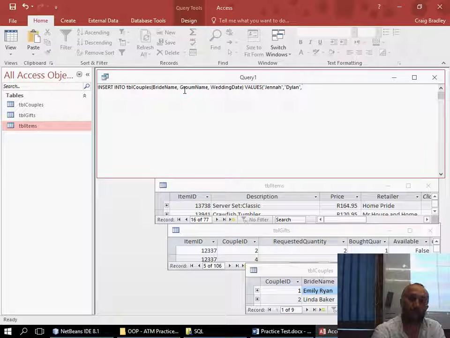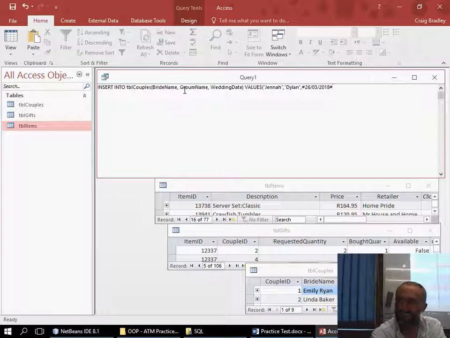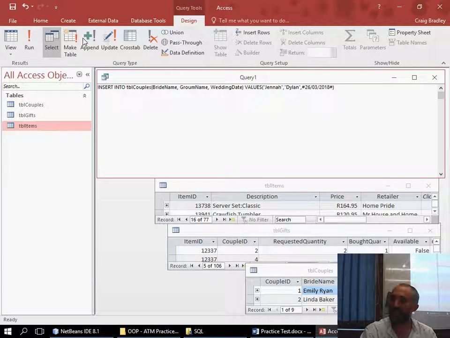Now, the date one is important. Date you have to have inside hashes. So, 26 / am I invited? No. Okay. Especially not now. 2018. I'm going to put a hashtag at the end of there, close brackets. And then what you'll see is that when I run this now,